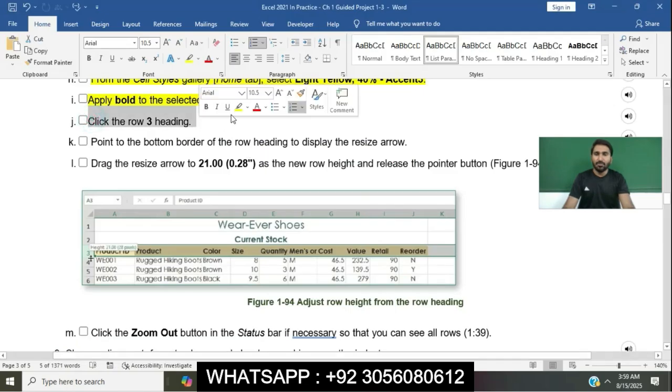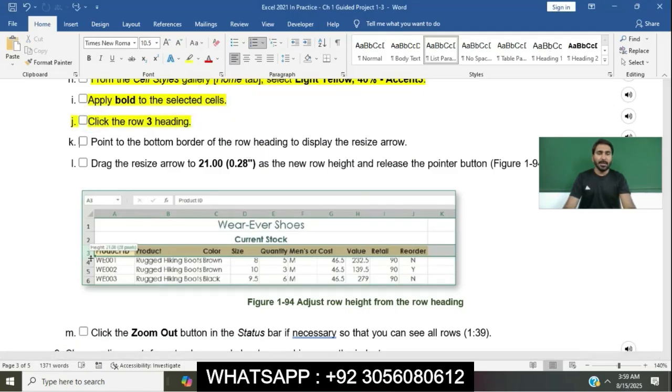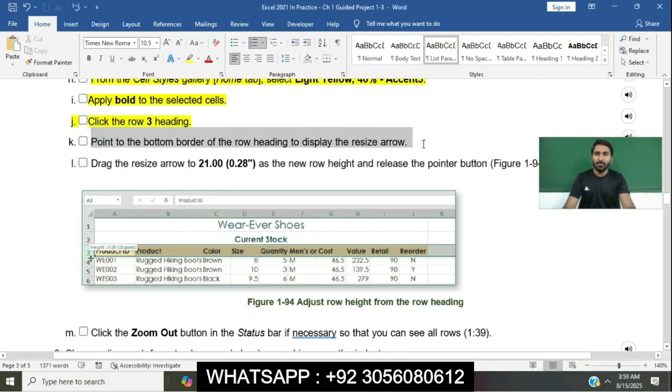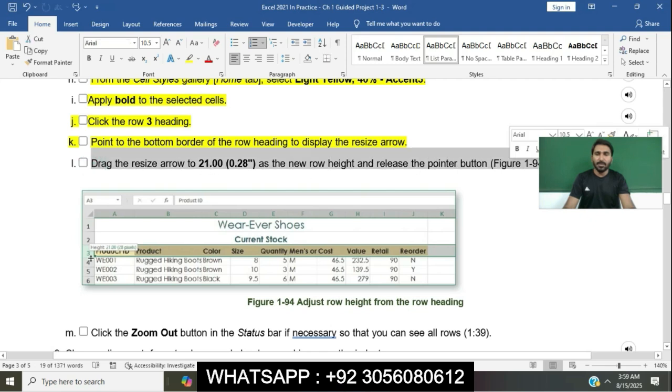Click the row 3 heading. We will select row 3. Point to the bottom border of the row heading to display the resize arrows, then drag the resize arrow to 21.0 as the new row height.